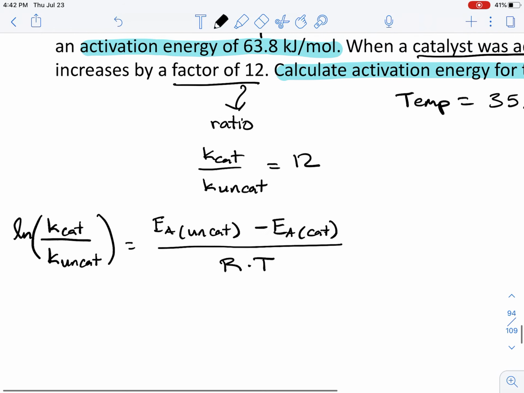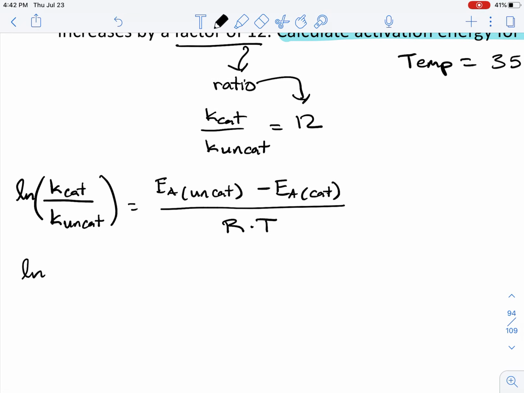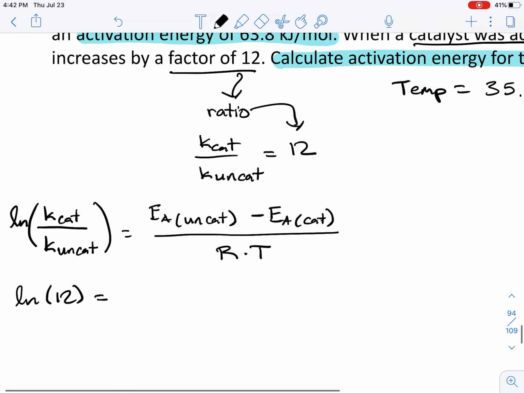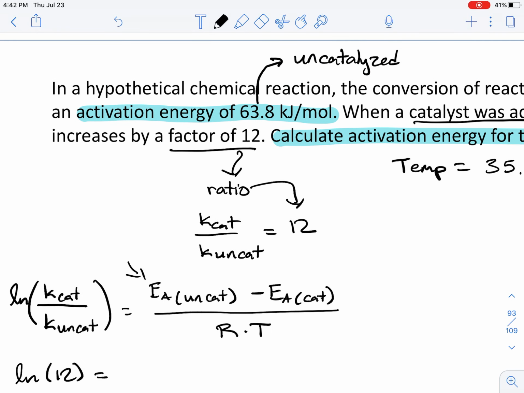And so since the ratio is 12, I'm simply going to put 12 for this fraction. So I have the natural log of 12 is equal to, now my activation energy for my uncatalyzed reaction is